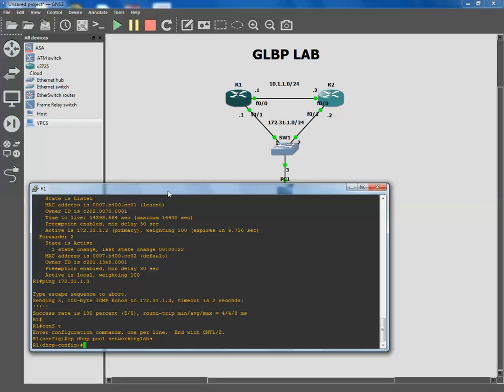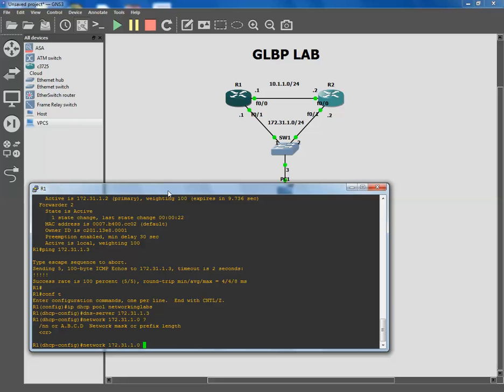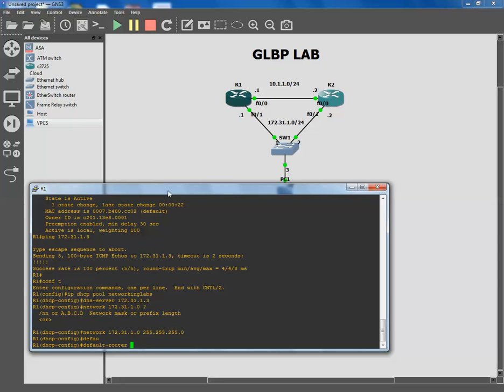Okay, and let's set a DNS server. We're going to have 172.31.1.3. We're going to have the network on 172.31.1.0 with a mask of 255.255.255.0. Okay, and then we're going to have the default router of